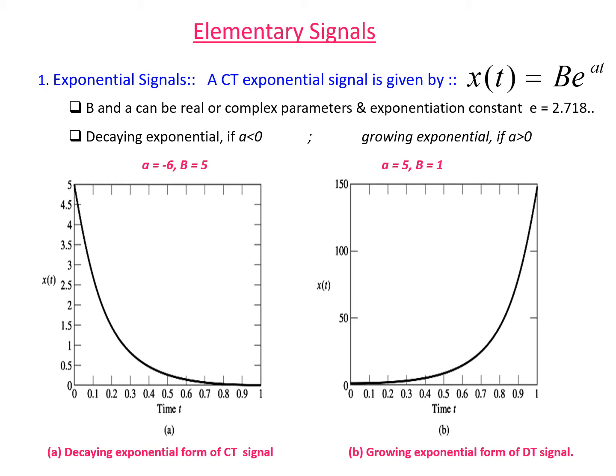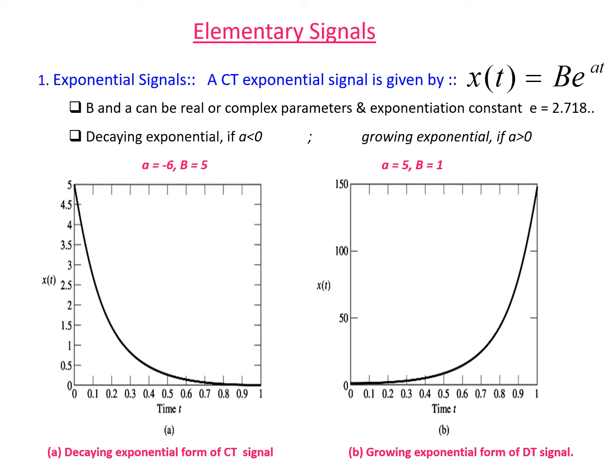Finally, practically speaking, they have taken the value to be 0 when t is equal to 1, but in actual practice the signal will never become 0. It will keep on decreasing. As t tends to infinity, the signal value tends to 0. But here it is practically considered 0 because the value of the signal becomes insignificant after a certain amount of time. Therefore, it is assumed to be 0, but it cannot reach 0. It will only come near 0, but never reach 0. To start with, t is equal to 0 and t is equal to 1.